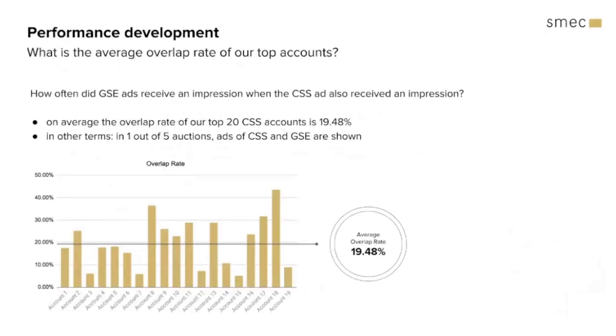So the performance development on these accounts. The question here: what is the average overlap rate of our top accounts? And we've taken a bar graph over here. As you can see, the average overlap rate across those accounts is almost 20%. Expressing that in another way, in 1 out of 5 auctions, ads from the CSS auction and the Google Shopping auction are shown. So everything above that line over there are outliers, the average being 20%,